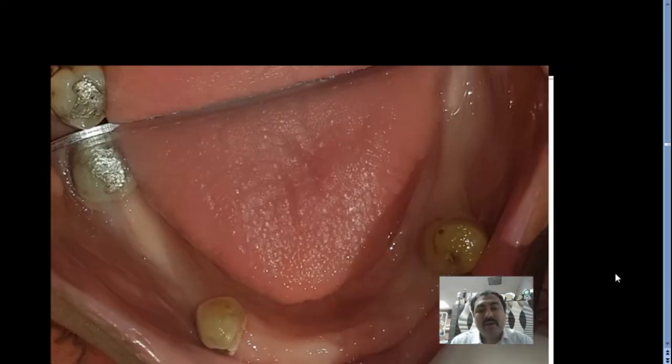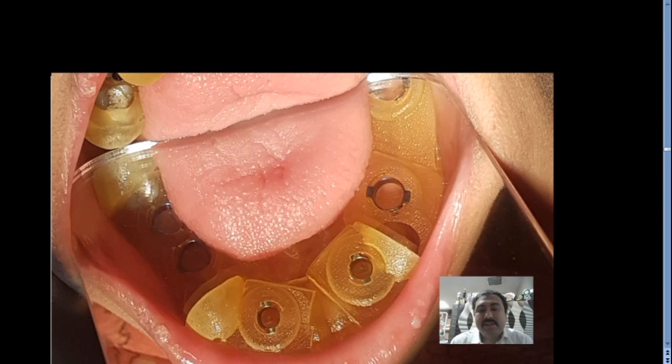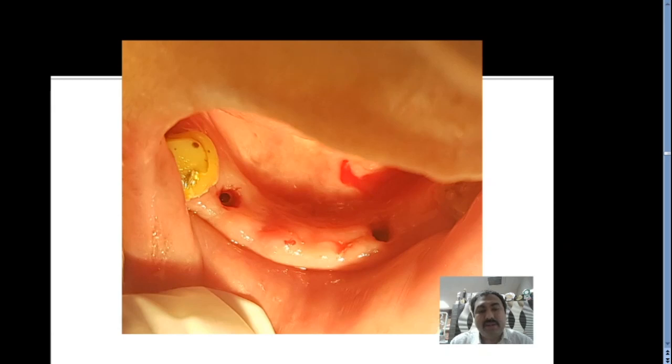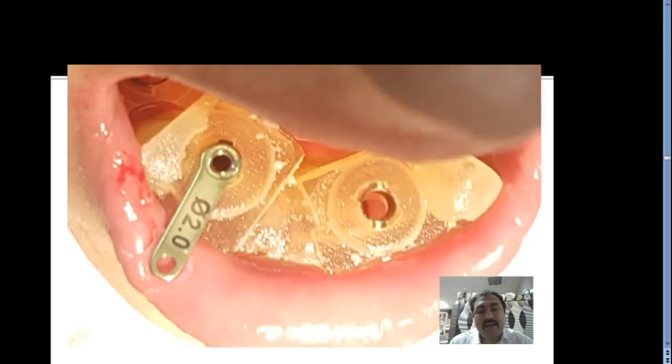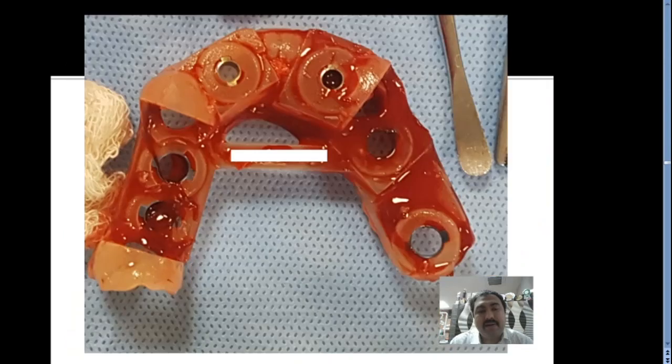So have a look. The anterior teeth had been extracted. These were the 3 strategic teeth that were remaining. The teeth are 4 4, 3 3, 3 8. This was the stabilized guide, the tooth supported guide, which you can see has 6 implants that have been planned with the aid of these 3 teeth. The punch holes are in place. We continue with the drilling procedure with the pilot drill. This is our surgical guide 1. So surgical guide 1 will aid us to place 6 implants.